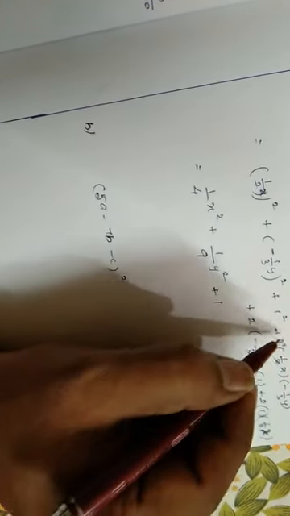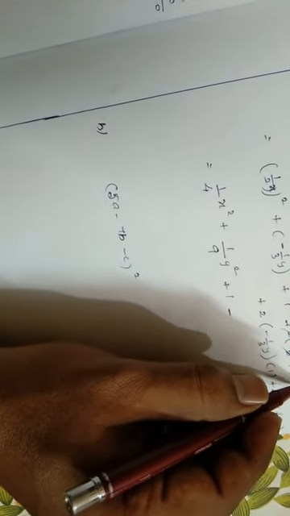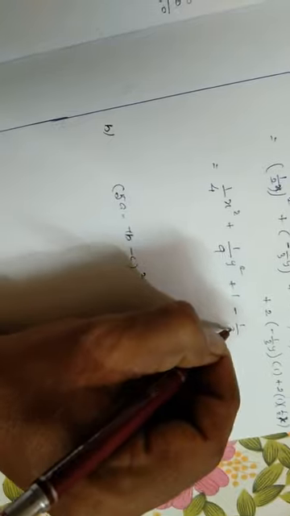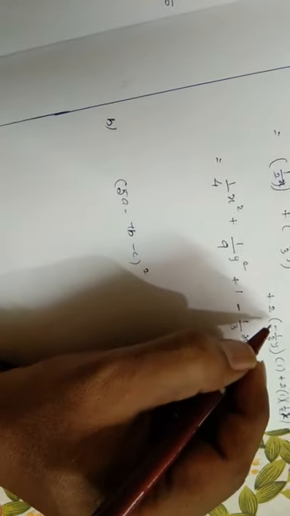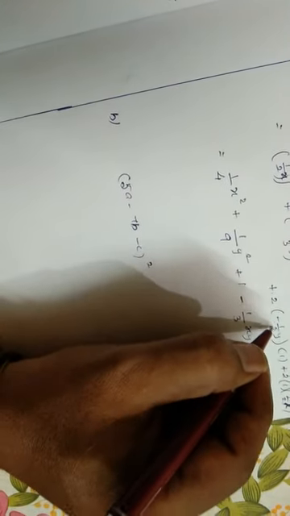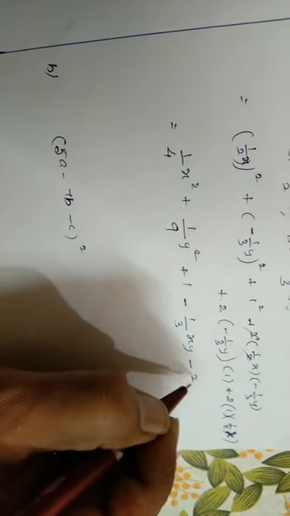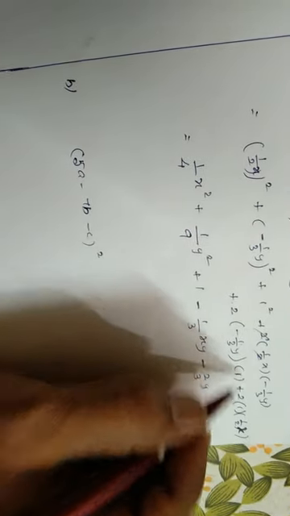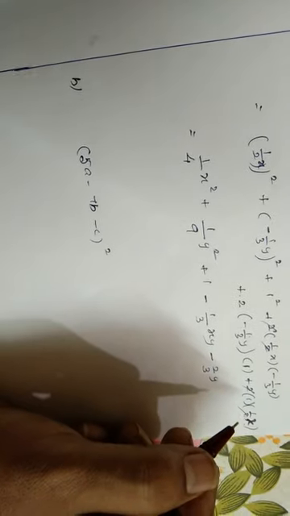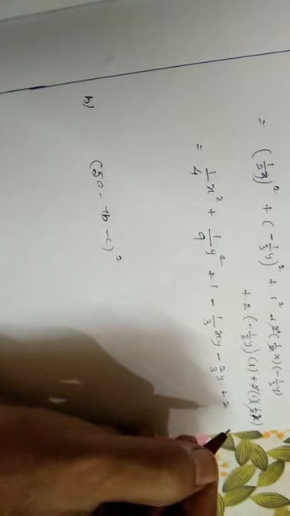We can cancel this 2. Plus into minus is minus. Here 1 by 3, x into y product. Plus into minus is minus, and no need to cancel anything because here 3 and 2. So minus 2 into 2 divided by 3y here, because its value is 1. Next, the 2s we can cancel, 1 into x, so plus x. So this is the expansion, right?